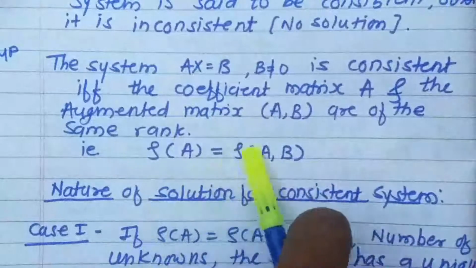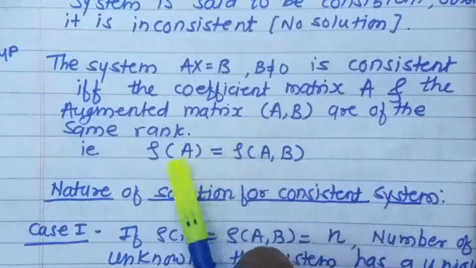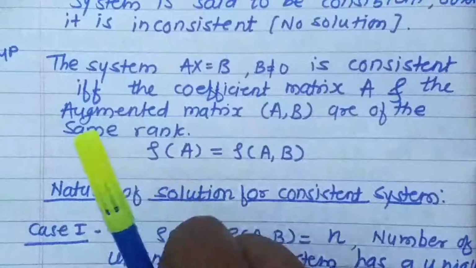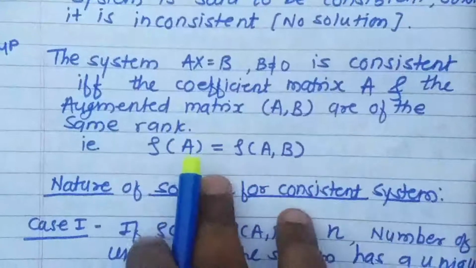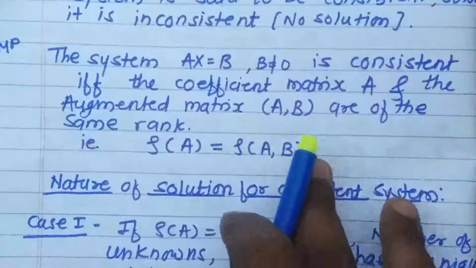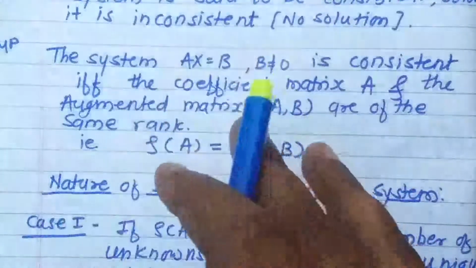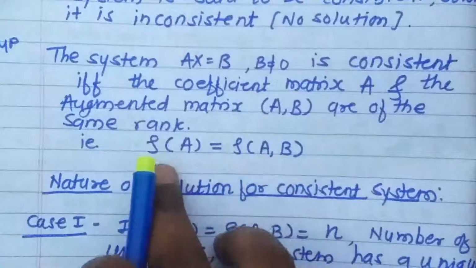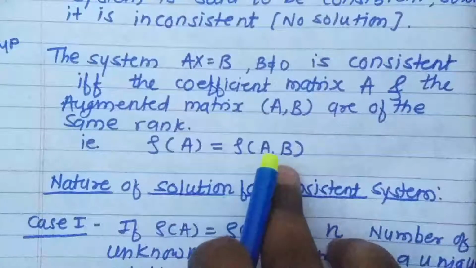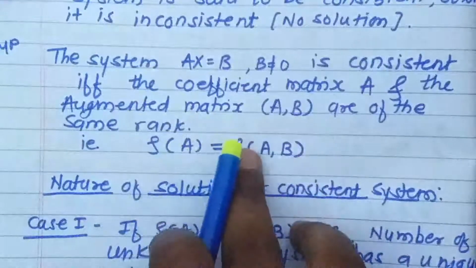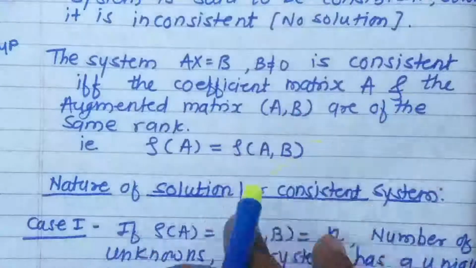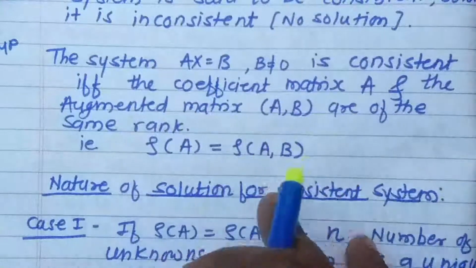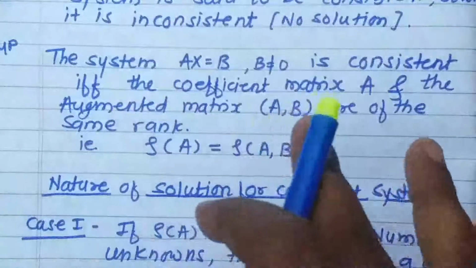So now here we are going to make use of the rank concept. This is the main application of rank. We can decide the consistency of a non-homogeneous system, whether the system has a solution or not, from the rank of these two matrices, the rank of the coefficient matrix and the rank of the augmented matrix. If the ranks are equal, then the system is consistent, otherwise inconsistent. That means we need to determine the solution only in the case of a